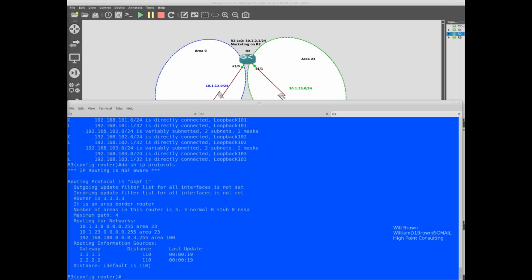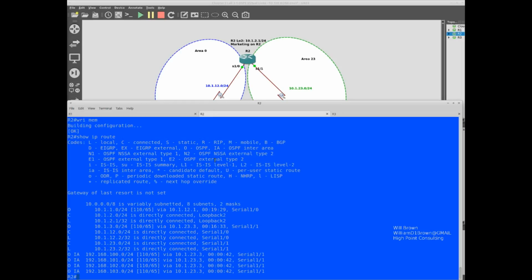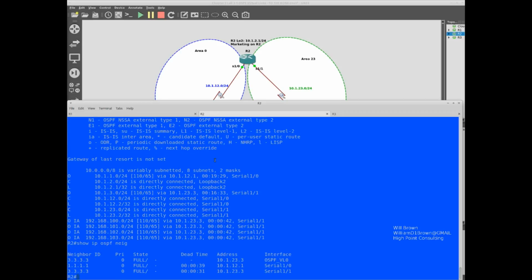And what we're going to do is go to router 2 and say show IP OSPF neighbor. Okay, now we see the virtual link interface. At first you're seeing that I'm seeing the neighbor twice.